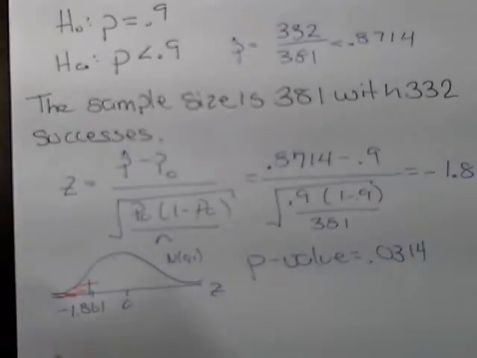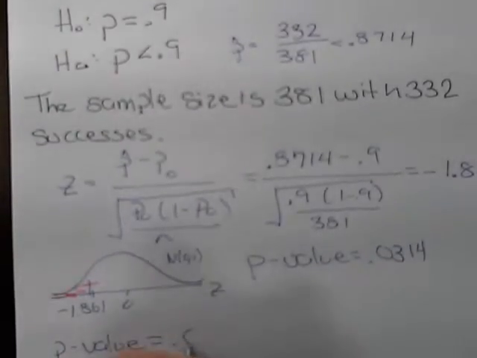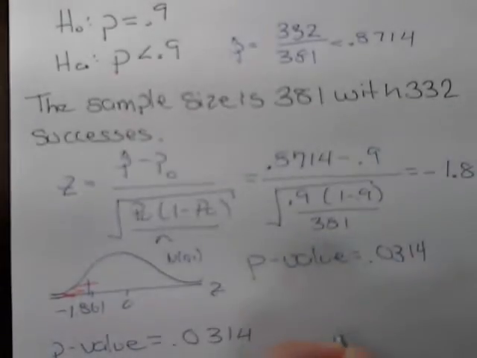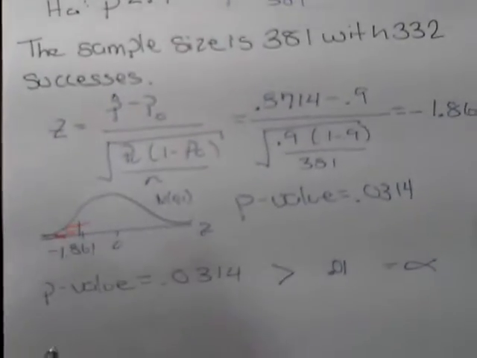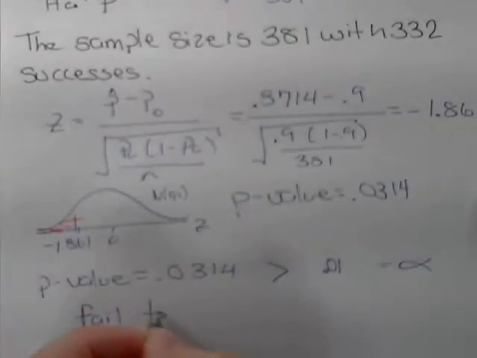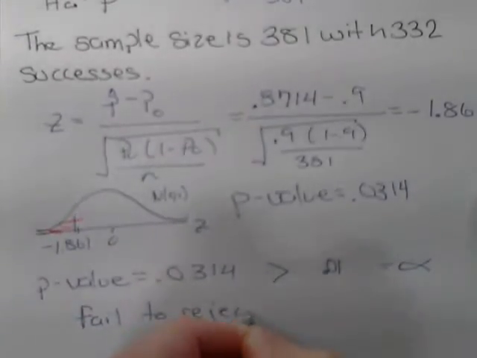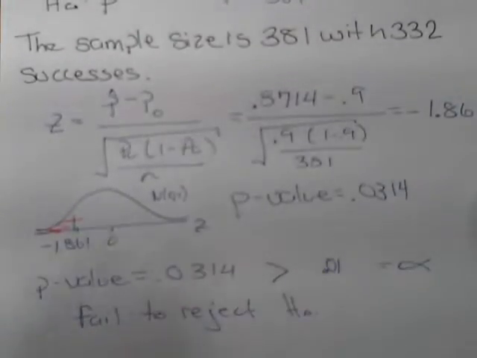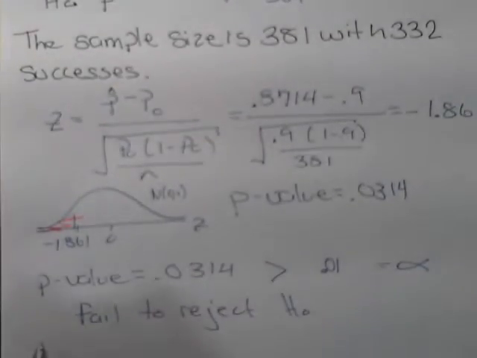Our p-value, which is 0.0314, comparing to the level of significance alpha of 0.01, our p-value is greater. When we have a large p-value like this, we fail to reject the null hypothesis. So there is not sufficient evidence